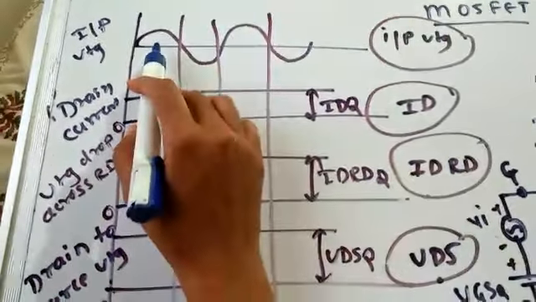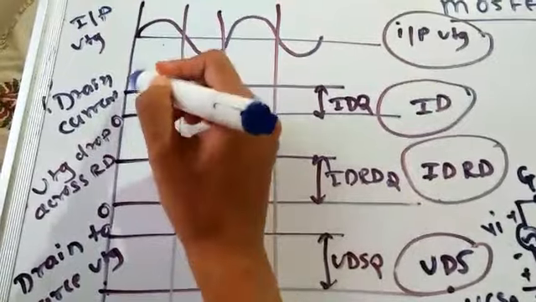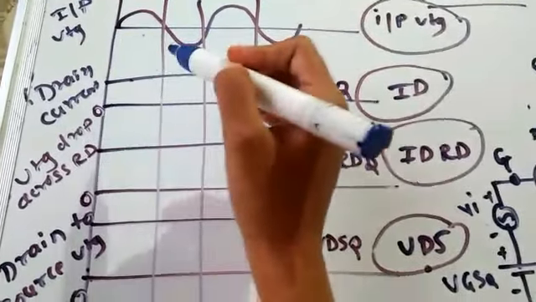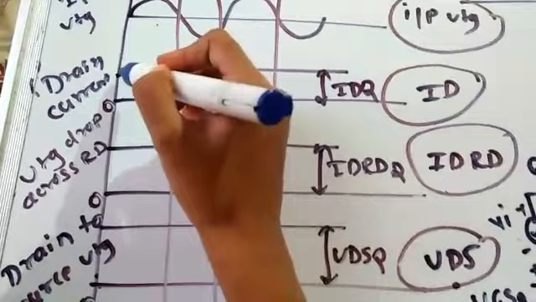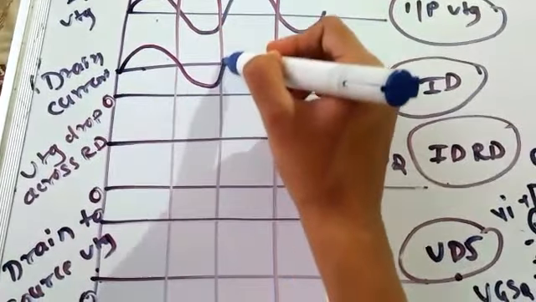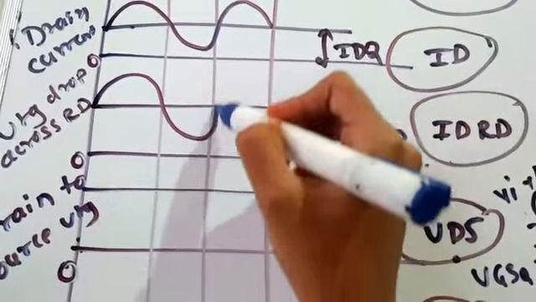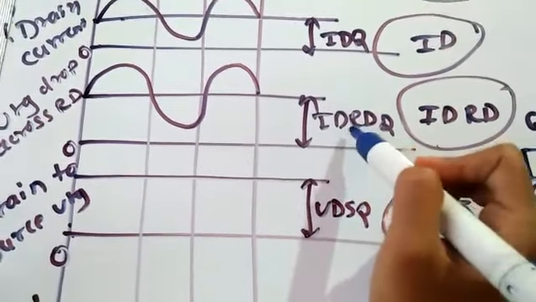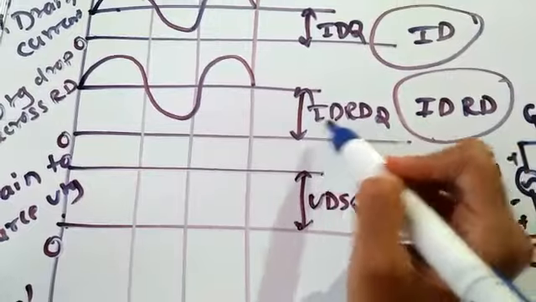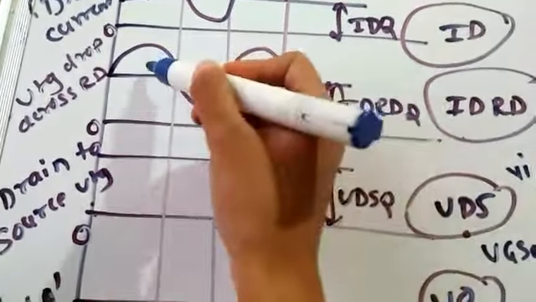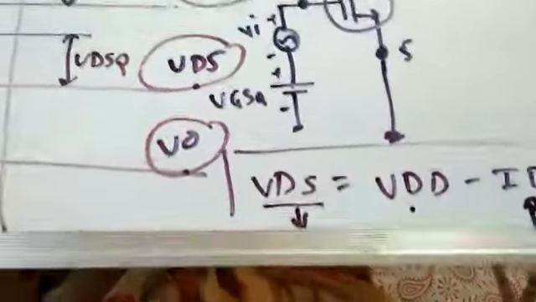Now when we apply the AC, due to this AC some AC drain current will flow, which will flow above and below this IDQ. Got it? Again the same, the voltage drop across RD will flow above and below this IDRQ or IDRDQ. Now current, since for VDS we have this equation, as ID increases